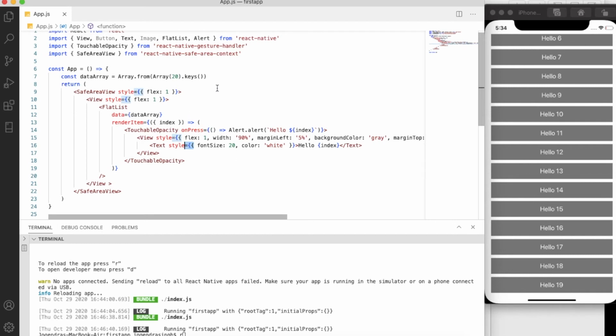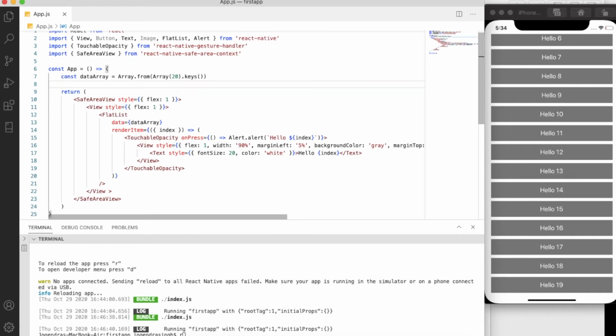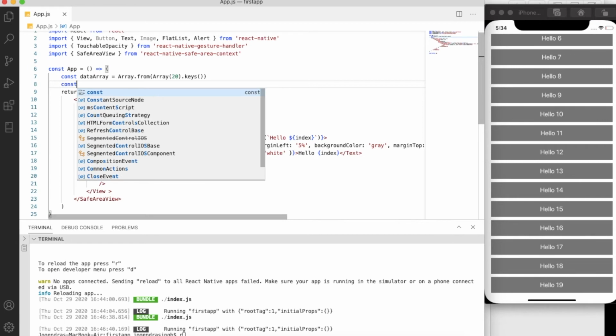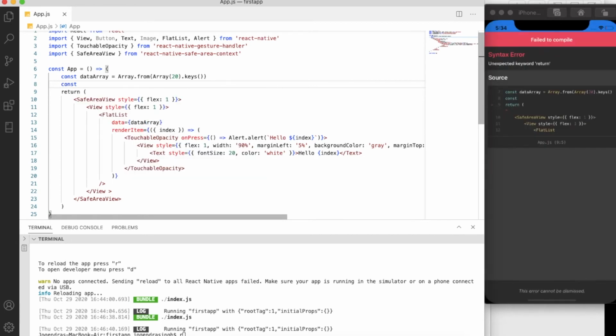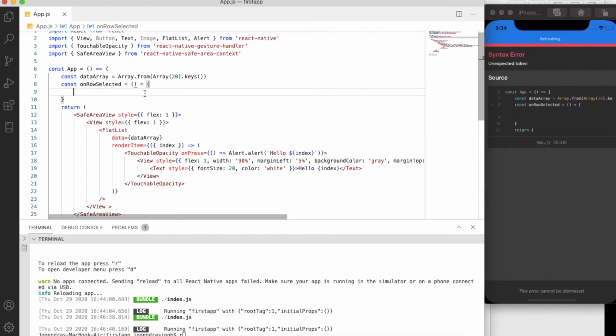Now if you want to call a function on the cell click, I am creating an onRowSelected method. So here I created a method, and now I will call this method. This is a simple method.